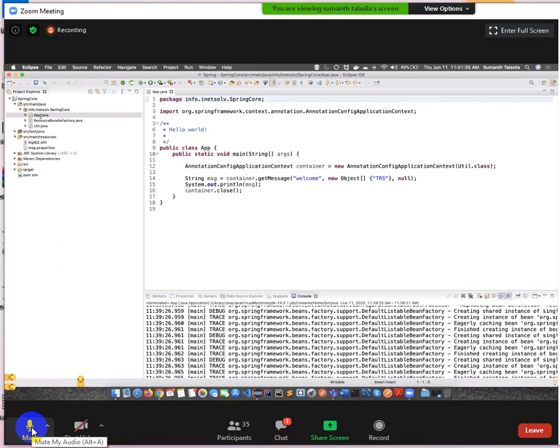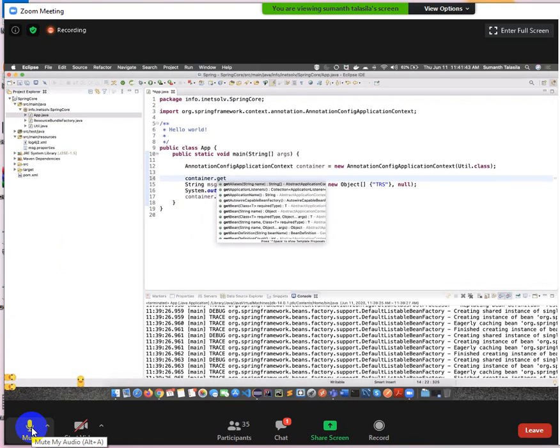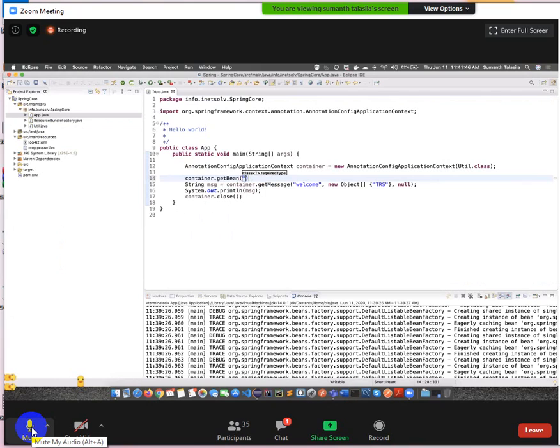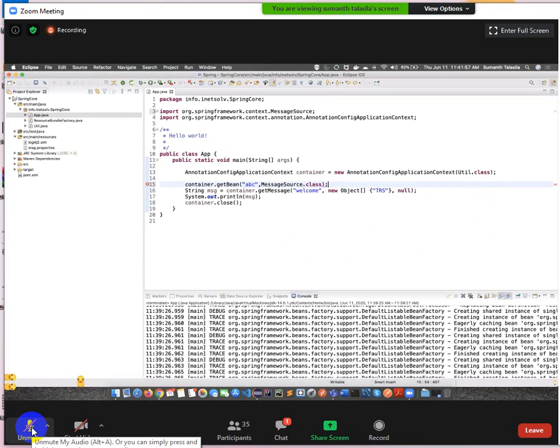You just go to App.java. In App.java, instead of the container, you get that ABC object. Help me, do you know how to get that object? Yes, sir. Container.getBean of ABC, comma, MessageSource.class. Now we are going to get the messageSource object, right? Yes. From next time onwards, don't call with the help of the container name; use the messageSource name. Okay, let us save this.